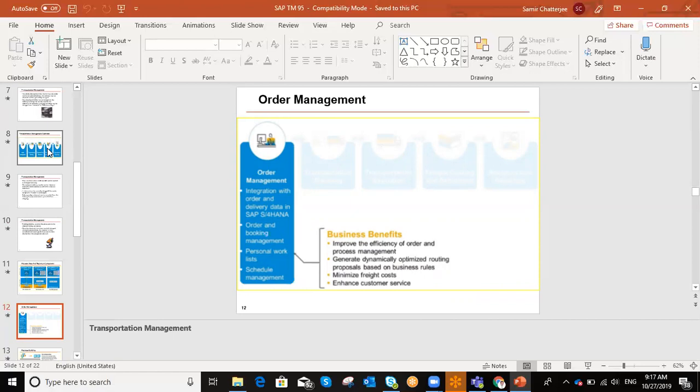First, we need to integrate the order and delivery data in ERP logistics and SAP TM. Then we need to check the order and booking management, how to create and how to change this order relating to the deliveries of shipping activities. Then we can see the listing of these orders in sequential manner so that we can select the optimum orders to combine for a particular delivery, to create a collective delivery,